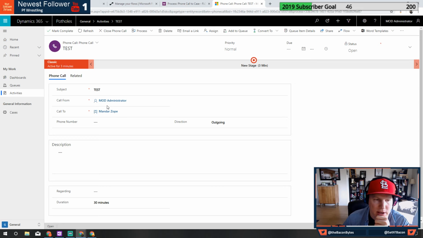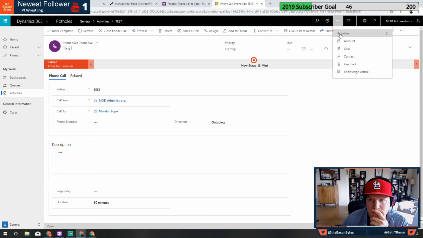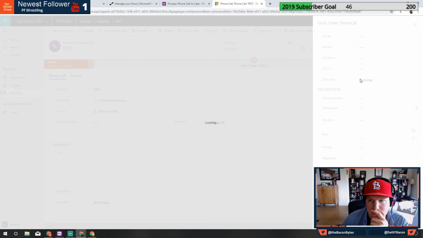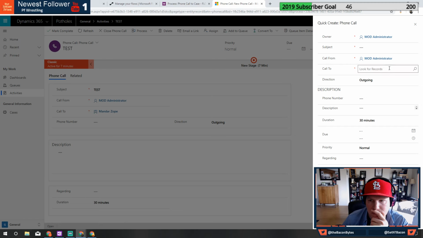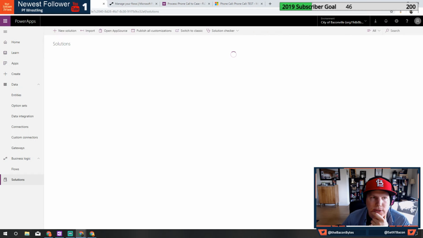What I want to do is, I don't want to make call in user required, or call to, or call from, because in this case, when we receive the information, I want to do a couple things. I want to change this direction, and so based on, oh, there it goes. It already does it for us. So based on the direction, is it incoming or outgoing? I want to change that to default to incoming. And then I also want to change this call from. I want to do a couple of things there.